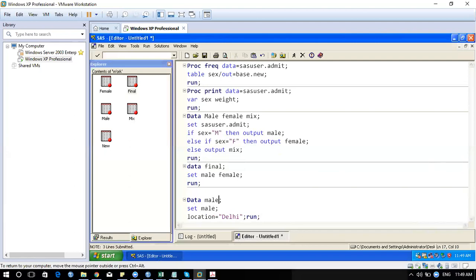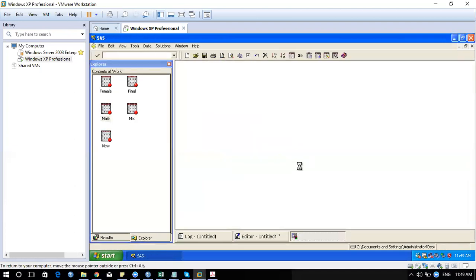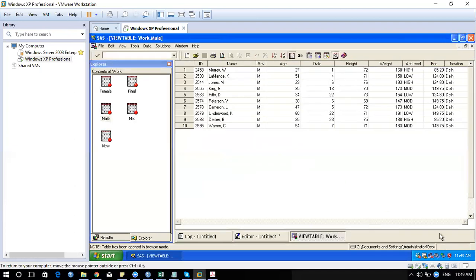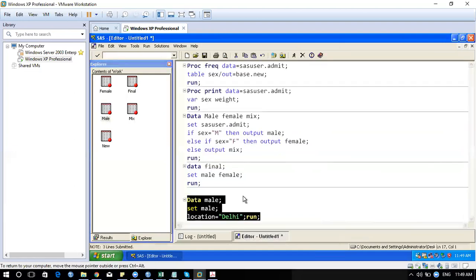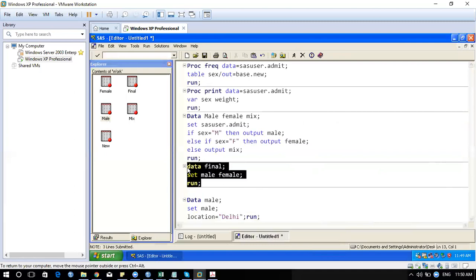Okay, now if you go and look at the data set, there will be one variable, location, added to your data set, with Delhi added in your data set. Correct. Now if you try appending both those data sets, if you look at the final data set,